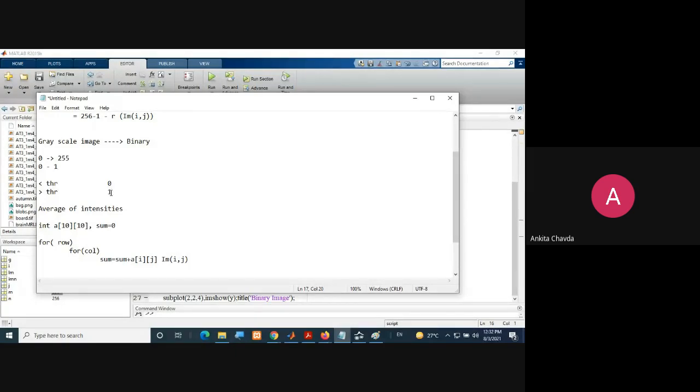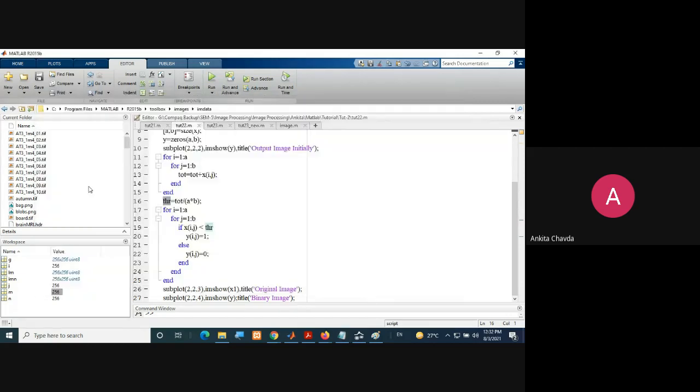So if my intensity is 0, 1, 2, 3, 4, 5, 45, 78, 130, whatever it is, and suppose my thresholding point is 155, then those less than 155 will be mapped to 0. And if it is greater than 155, they will be mapped to 1. Easy. Whatever thresholding point we get, it depends on that, less than and greater.